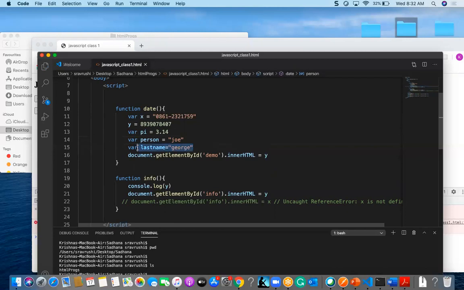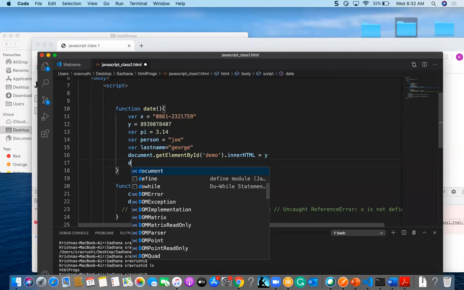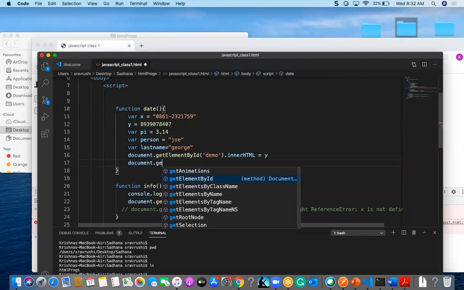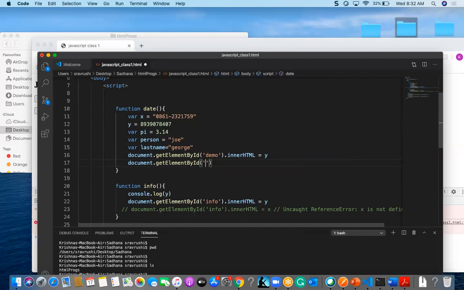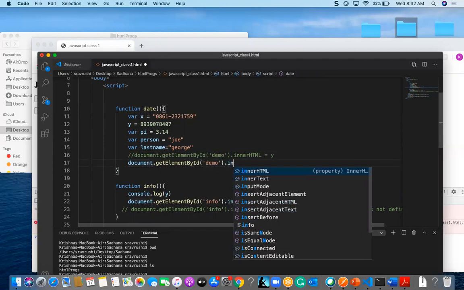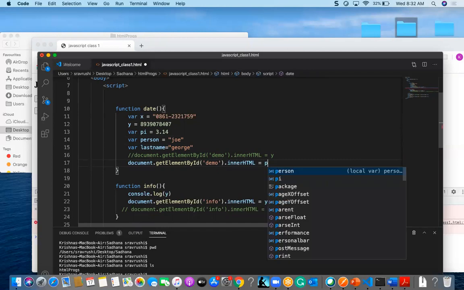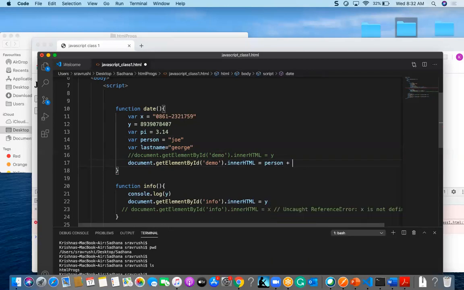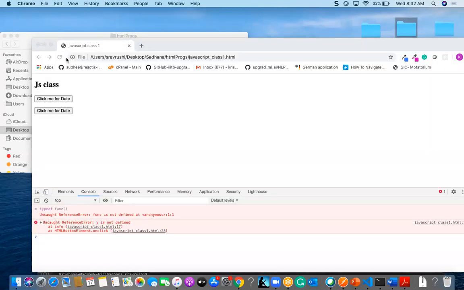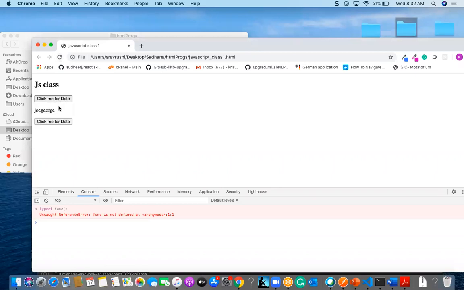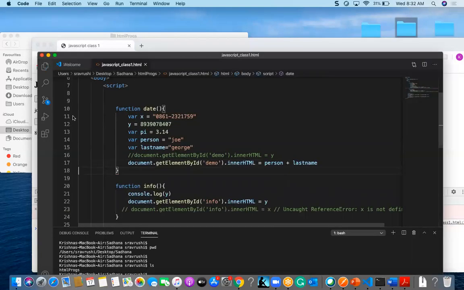Okay. So I can concatenate these two, right? I can concatenate using document dot getElementById, and here I am going to give demo. I am going to use the same demo para dot innerHTML, and I am going to use person plus last name. I am going to concatenate both, and I can check George and Joy.